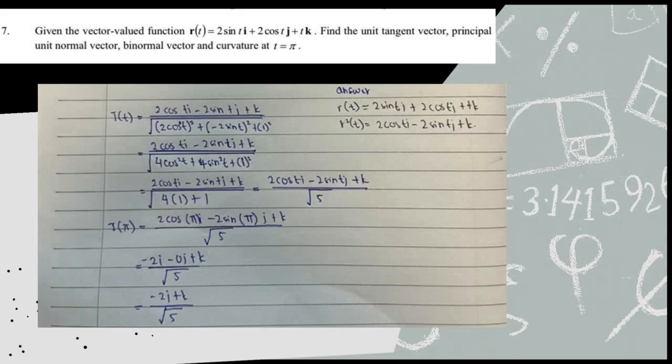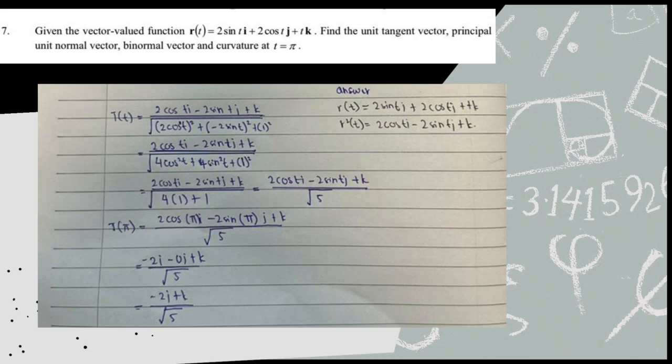Okay, untuk soalan 7 pula, dia bagi r(t) sama dengan 2 sin t i minus 2 cos t j tambah tk. Okay, untuk soalan ni dia minta unit tangent vector, principal unit normal vector, binormal vector, dan curvature at t sama dengan pi. So apa yang kita perlu buat ialah kita akan bahagi